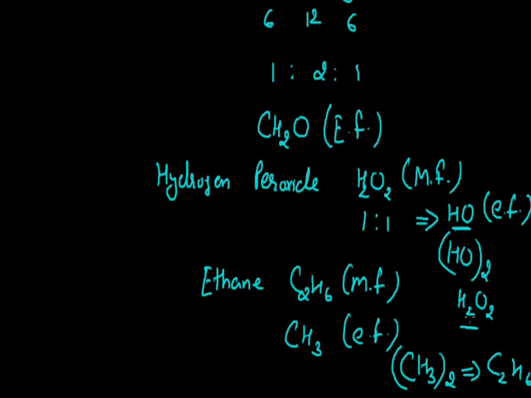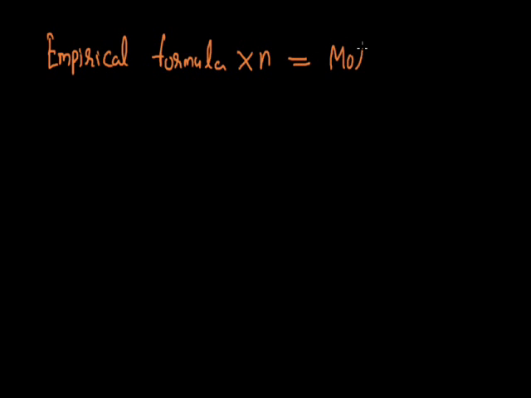So finally we can conclude, if we multiply the number of each atom with a value that is not certain, that can be decided according to the compound, then when we multiply this empirical formula with that value, we will be finding the molecular formula of that compound. So that can be represented as, if we have an empirical formula, and if we multiply each and every atom of this empirical formula with a value of n, here n is a whole number, so finally we will be getting the formula that can be termed as molecular formula.